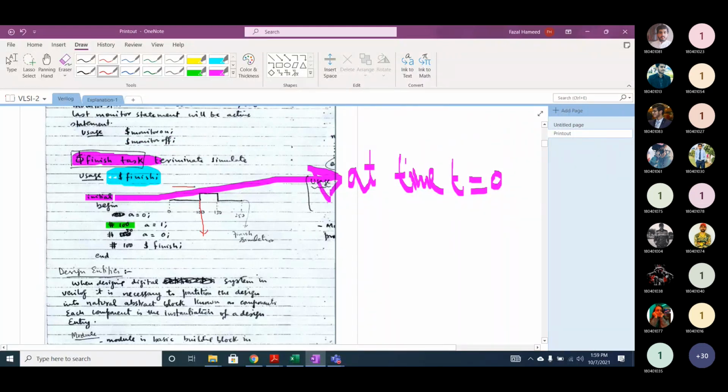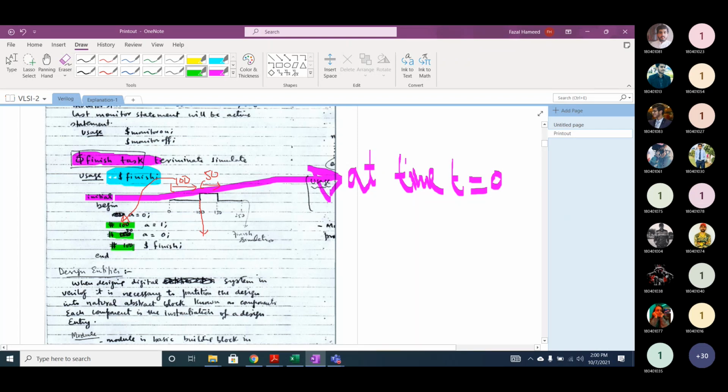So this time is 100. Now we are again changing the value of A after 50 time instants, and we are changing it from 1 to logical 0. Okay.